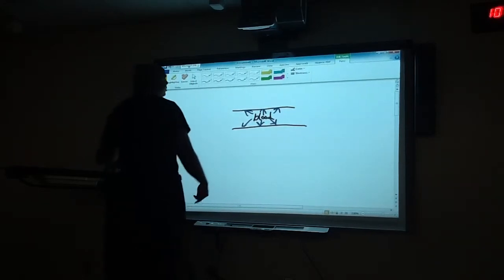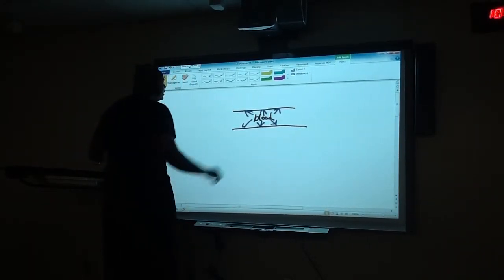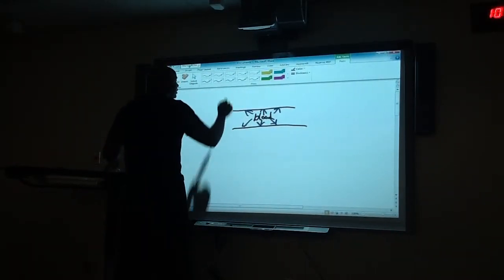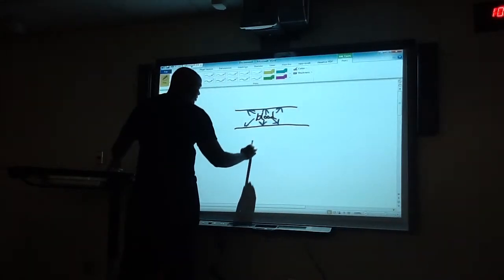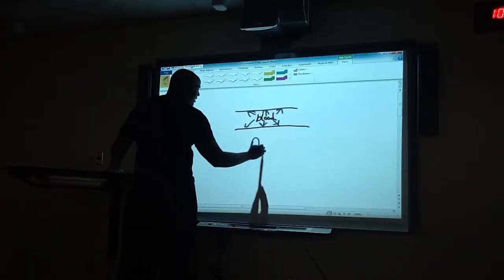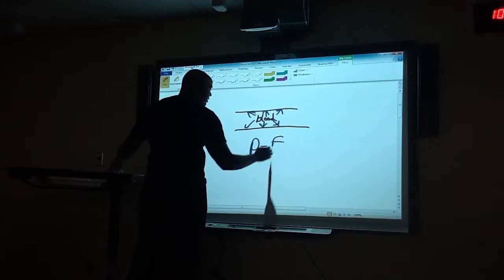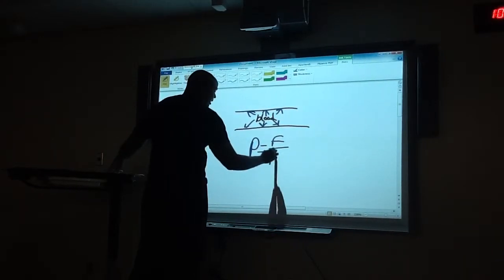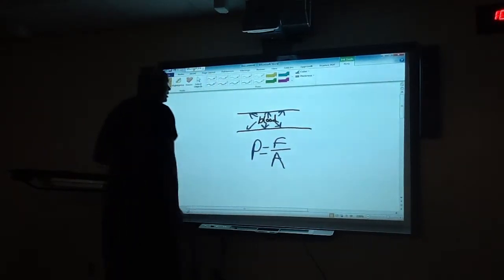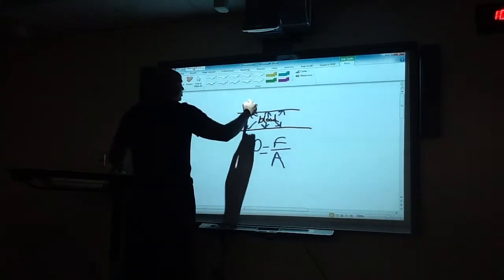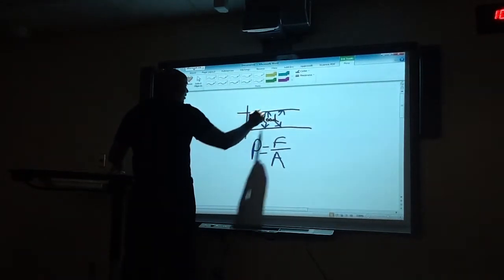So remember that pressure is measured over the surface area. So remember this pressure is P equals force over area. So when you think about that, think about having a blood pressure cuff wrapped around